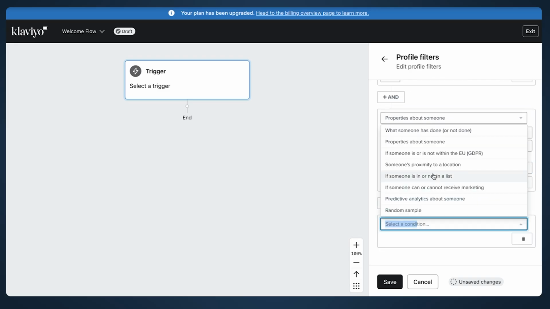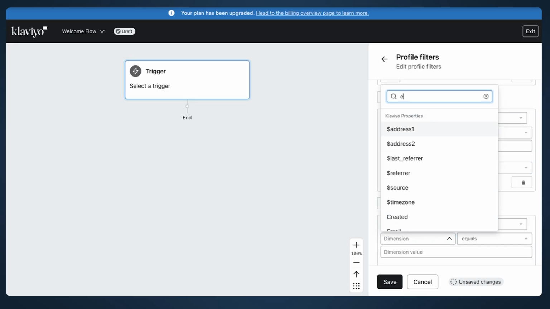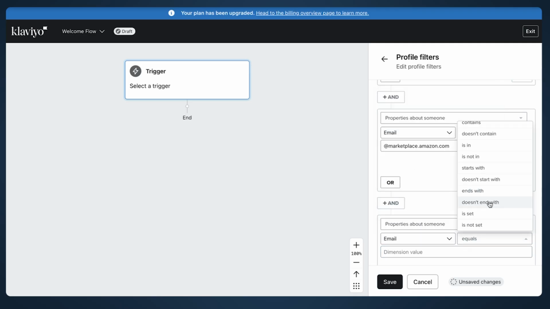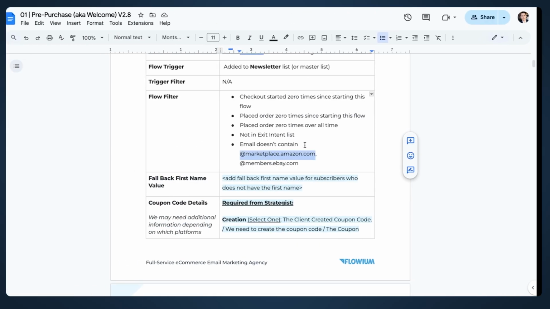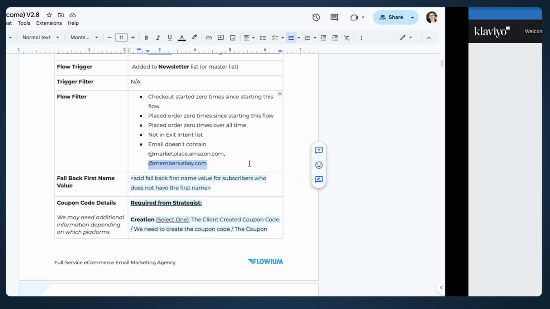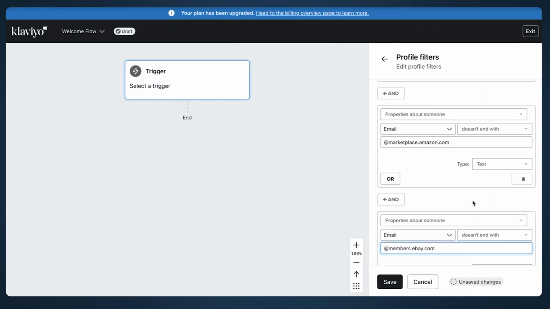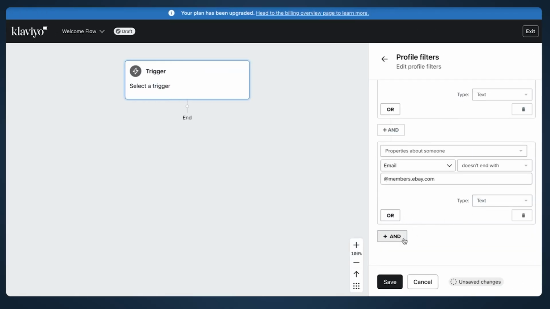In properties, for email, you can do does not contain, or you can do as I do it, doesn't end with. And the last one,